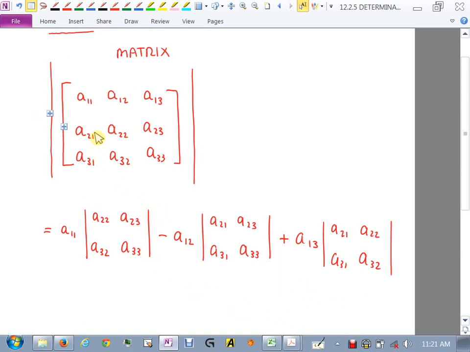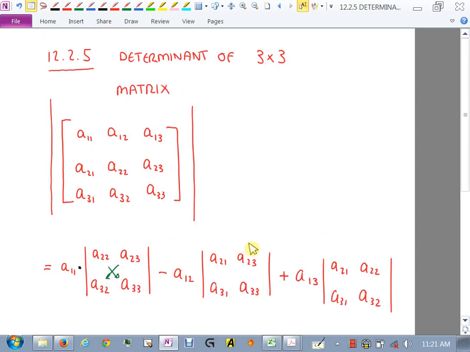It's saying you're supposed to take A11, which is a number, isn't it? And multiply it times this thing. But what's this thing? It's a 2 by 2, and it's the determinant of a 2 by 2. So you would have to take the determinant of this matrix, which means you'd have to do that little diagonal multiplying thing, get that determinant, and then multiply that number times this. Then you do minus, so the sign switches to minus. Now you do A12, which is this one, and then the determinant of these things, okay? Understand kind of what's happening?